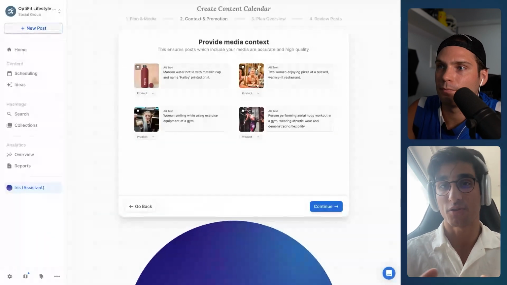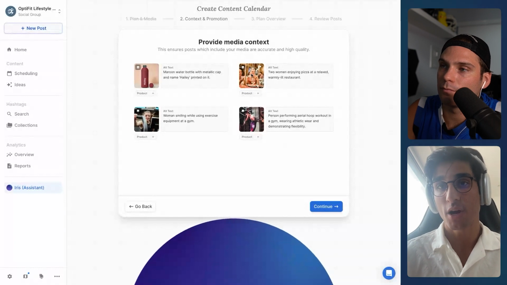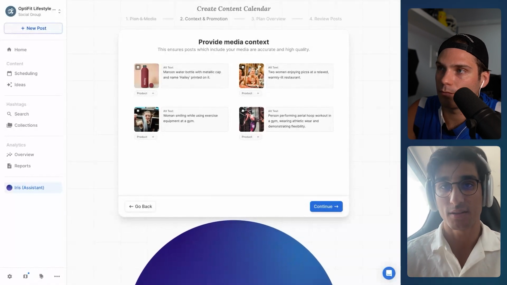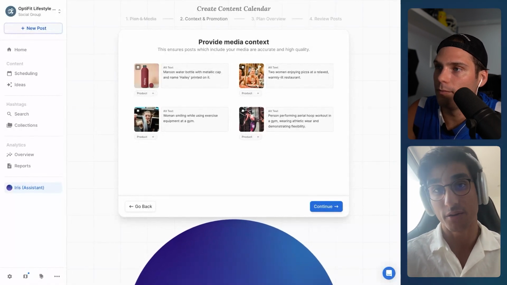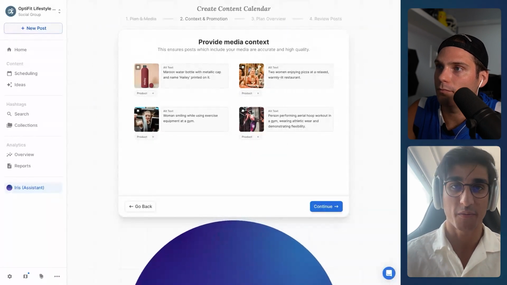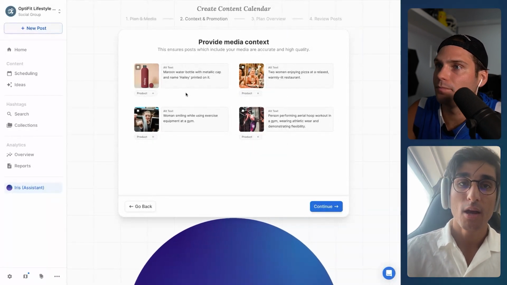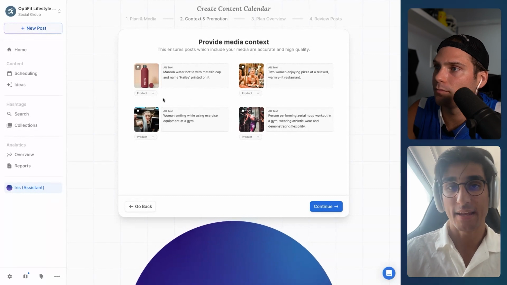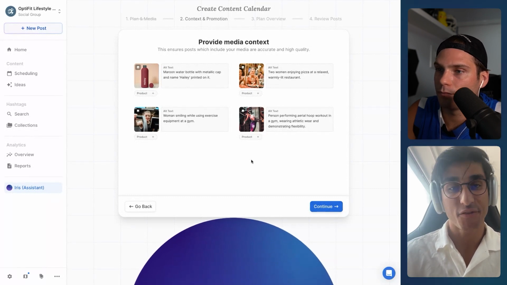So Iris is able to analyze the global image as well as extract the text from these. And this also works with video. So it's not just an image input that it works with, it also works with video. Okay. What you'll do here at this point is you can hit continue, but if you're looking to promote one